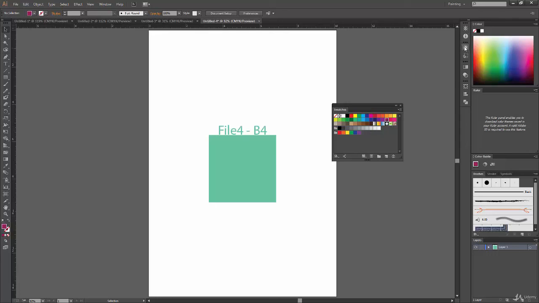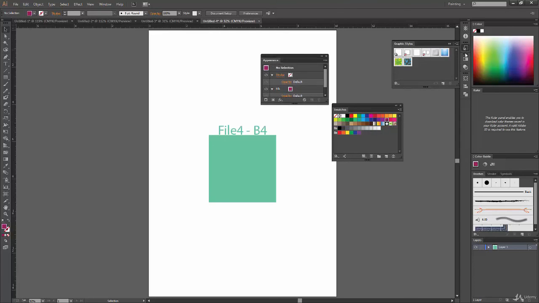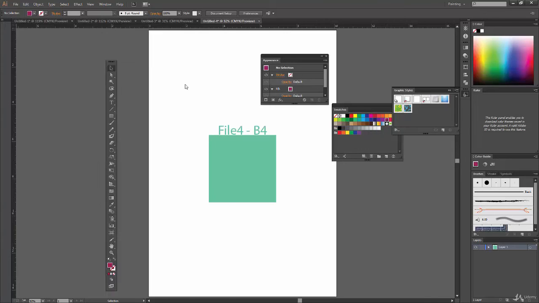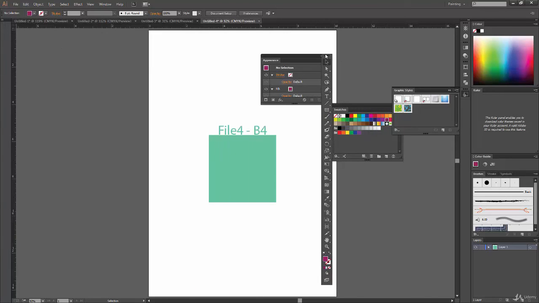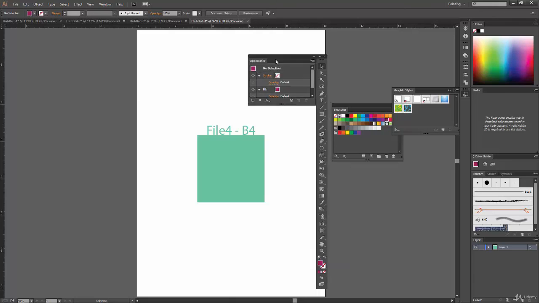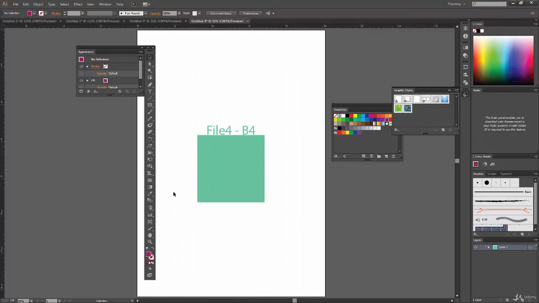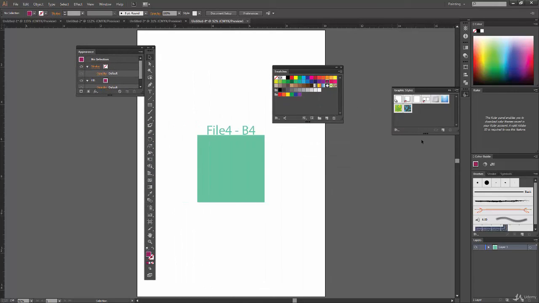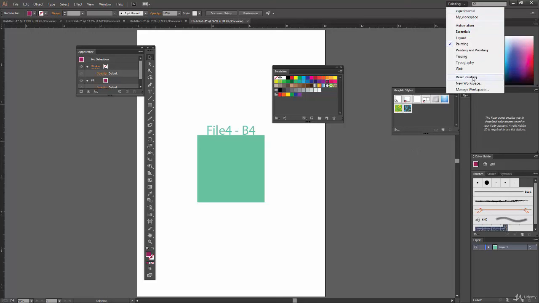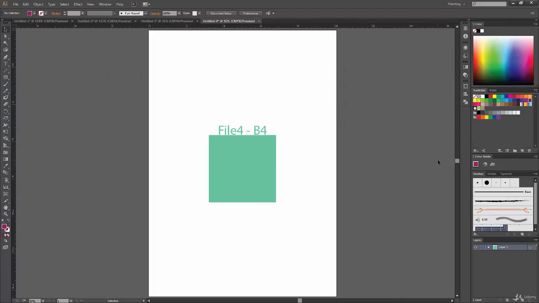So let's take out some panels and rearrange them, or take out the toolbar and dock it with this. Can we? Yeah, we can dock the toolbar with this also. So yeah, I have made some changes in painting workspace, and let's go and click on reset painting workspace. So click over here, and there we go. We have our workspace reset. So that works very well with all the workspaces.